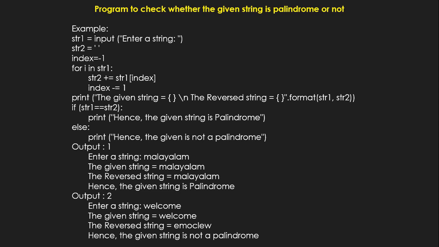So str1 and str2 are two string variables that I'm using. In str1 I will input one string. In str2 I'm going to add every last character from the string. So as I keep adding, remove the last character, add it with str2. Second last character, add it with str2. Third last character, add it with str2. Finally, the entire string is removed character by character and stored under str2. So when str1 is equal to str2, that is the reverse string and the original string are the same, then we call them a palindrome. If not, not a palindrome.